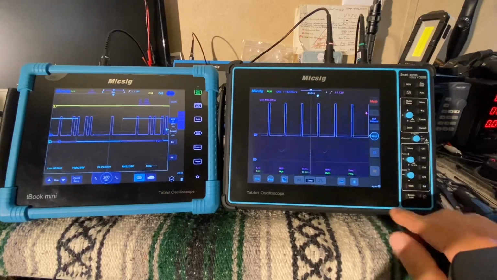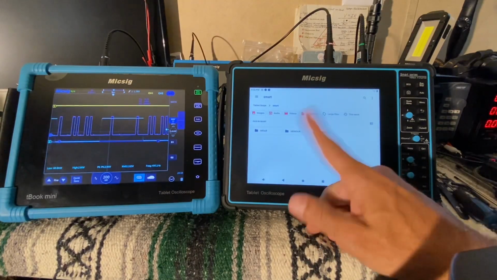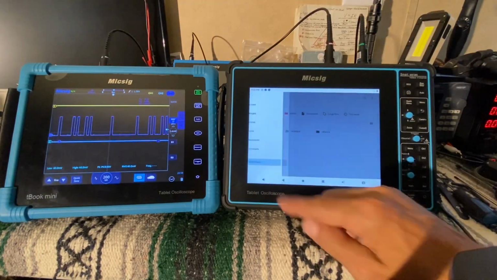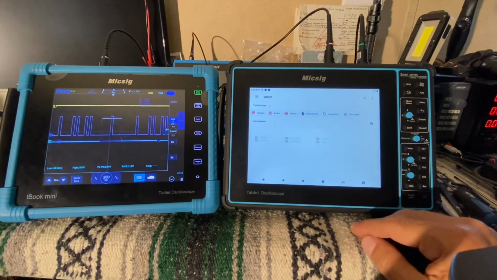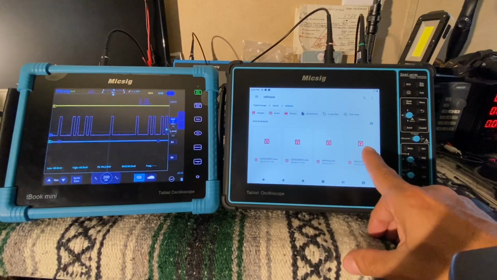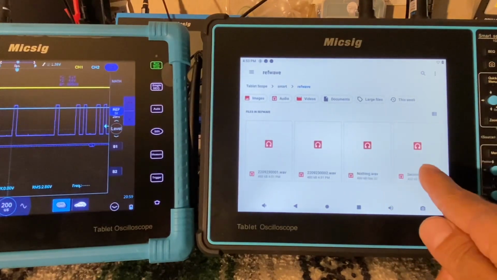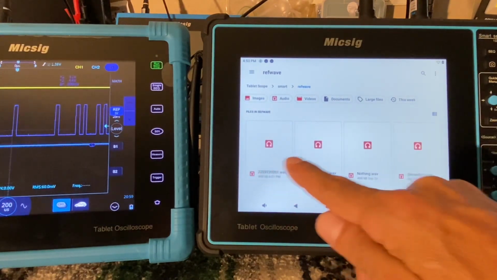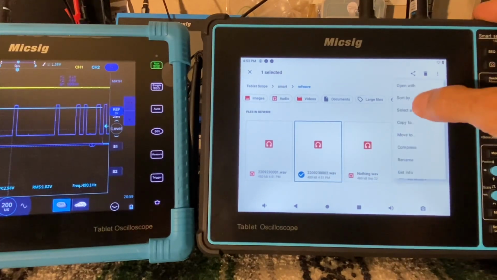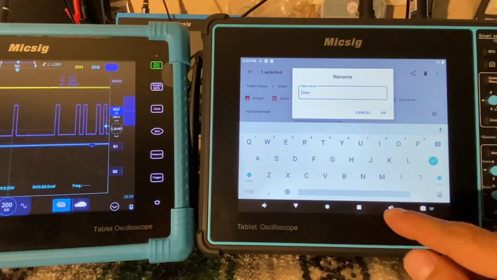And then if you want to name those, you can just go here to home, hit files. It's pretty easy. If this wasn't already up, you would hit this option up here. You would hit tablet scope. You would hit smart, and then reference wave. And you can see there are the two. Make sure y'all can see that. There are the two that I had previously labeled. Here are the two that we just made. So you can press and hold that. Press right here, and you can hit rename, and then just hit back and